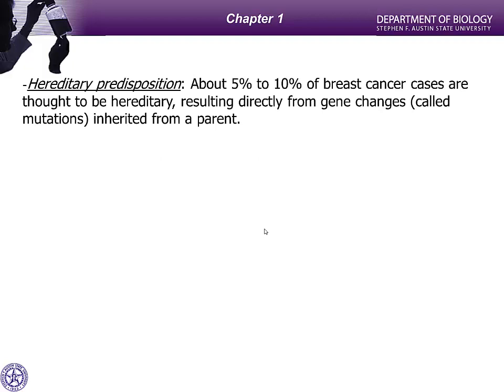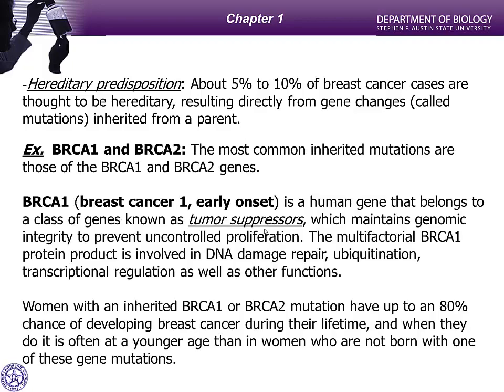Now, another big one is your genetics, your hereditary predisposition. Many of you have probably heard that if you have an immediate relative, a mother, a sister, an aunt that has had breast cancer, then you are at a greater risk of also having breast cancer. Again, this speaks to this hereditary predisposition. One of the areas that they're looking at are specific genes and mutations of these genes, and the ones that have garnered the most attention are the breast cancer early onset genes 1 and 2. That's what BRCA1 and BRCA2